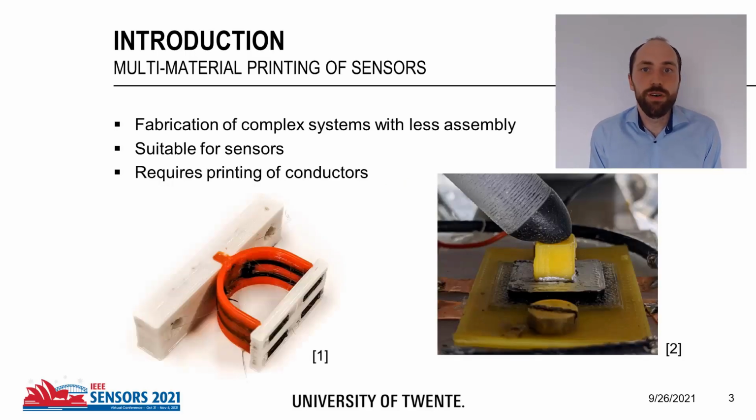So first, why do we want to characterize 3D printed sheets? Well, as we all know, 3D printing can be used to fabricate complex systems with less assembly, and with multi-material 3D printing it also becomes possible to fabricate complex systems with integrated sensors. However, 3D printing sensors does pretty much always require conductors to be printed,